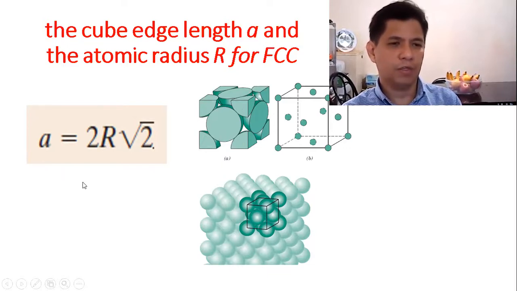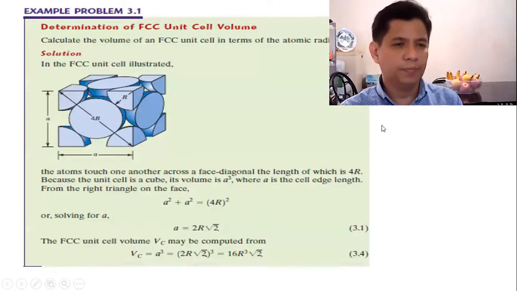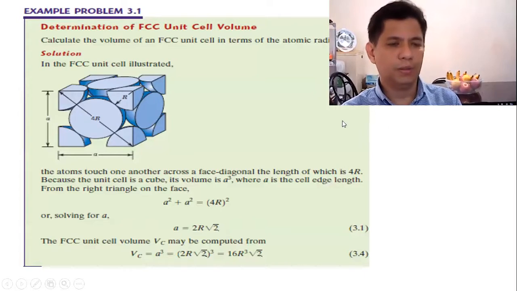So this is the equation for A in terms of the radius. A is equal to 2R times the square root of 2. So let's try to derive this equation for cube edge length A in terms of atomic radius R. What is important for the derivation of the cube length A is this illustration. As you can see from this illustration,